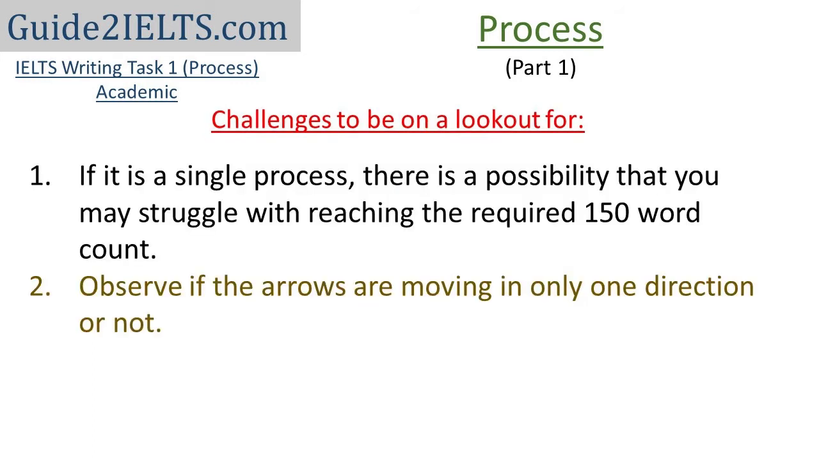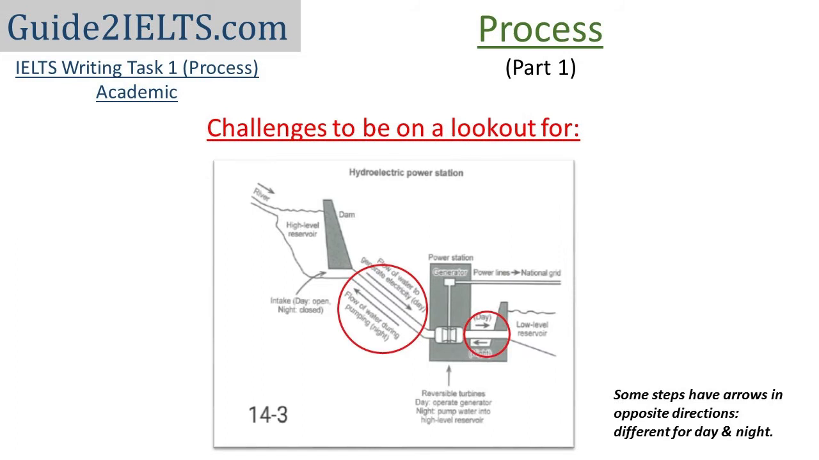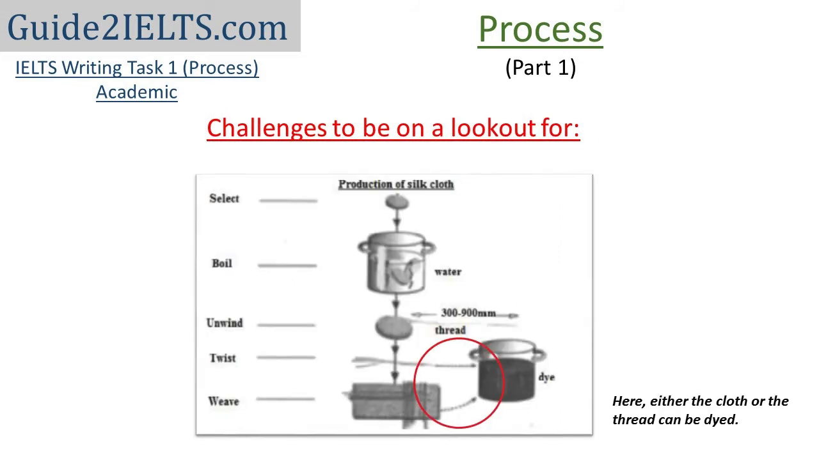Next, before you start writing, observe if the arrows are moving in only one direction. If it is only one direction, there are no issues. You can just write about one step after the other. However, if certain steps have arrows in both directions or there is more than one arrow leading to a step, you need to plan how to write it beforehand. For example, in this hydroelectric power station, some steps have arrows in both directions, different for day and night. Another example is this silk cloth production process, in which either the cloth or the thread can be dyed. So just because you get a process in your test doesn't mean you don't need to plan at all